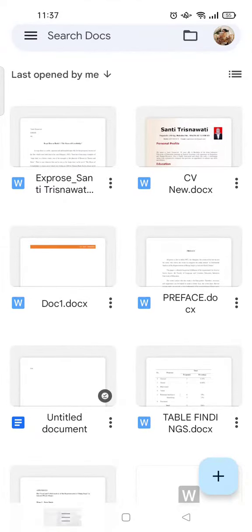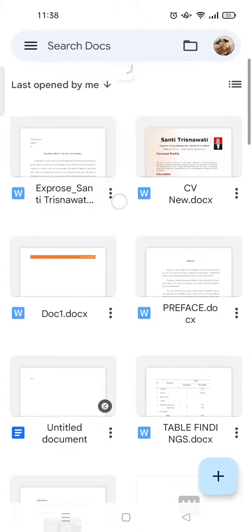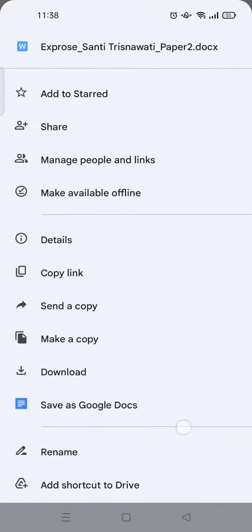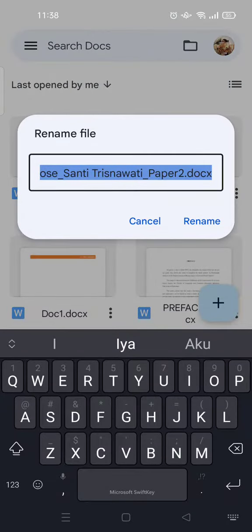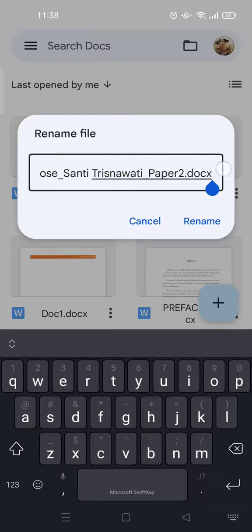There are two steps that you can follow. The first step is you can just click on the three dots icon at the right side of the file name, and then scroll down until you find the rename option here. Just like that, you can rename the file, and if you're done, just click on this. Or